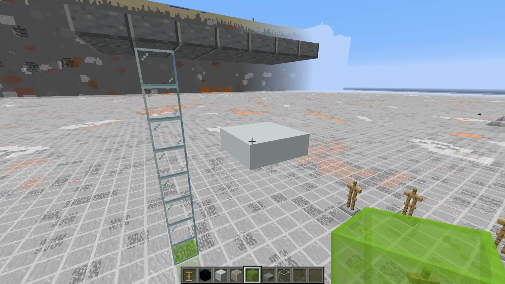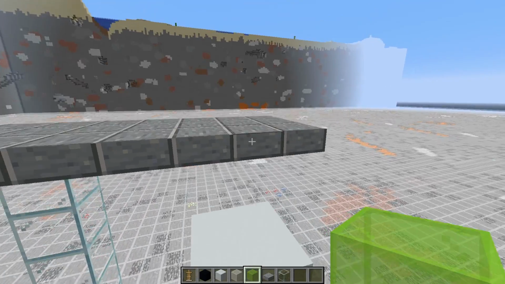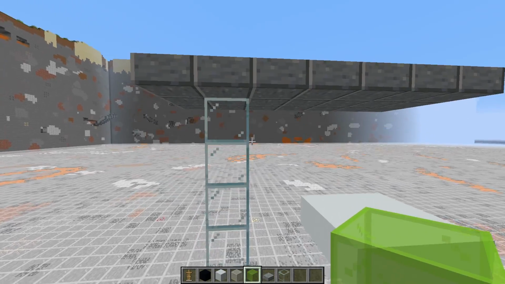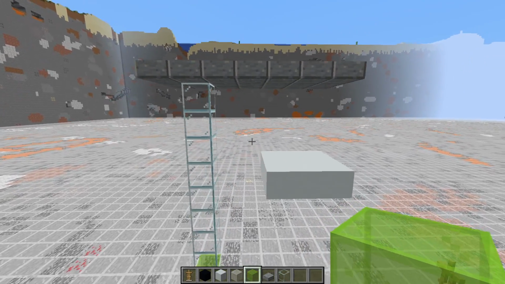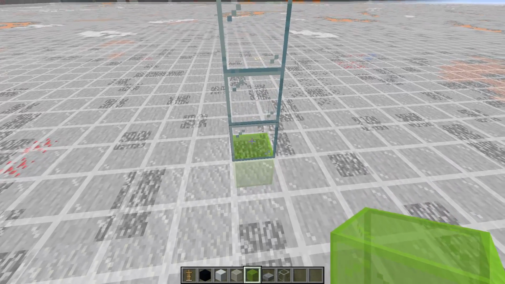Over here I have this simple setup which mimics what we have in the farm. We have this, which is our spawning platform. Over here we have the roof, which is made of bottom slabs so no mobs can spawn on the top, and it overhangs the spawning platform by a little bit. Now let's say, for example, that the game picks this column here with the green glasses to spawn a mob,